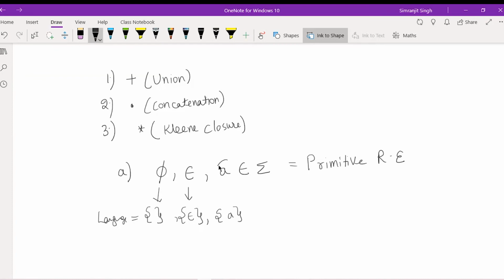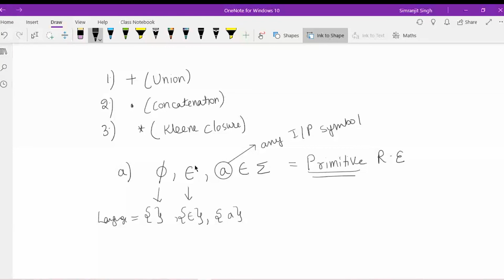Okay, so here I'm talking about A. It can be any input symbol, any input symbol. Okay, so if I just define B also, I am only talking about primitive, meaning the most foundational regular expression. Most foundational, if you see, this has the least length, it does not have a length in the language. So this is your phi, this is also a regular expression.